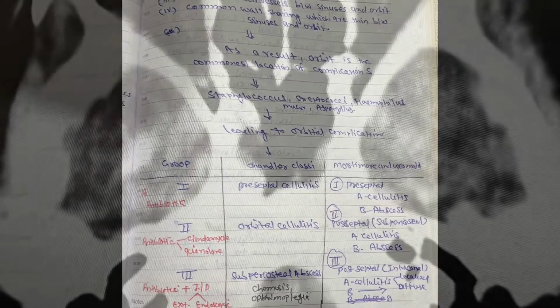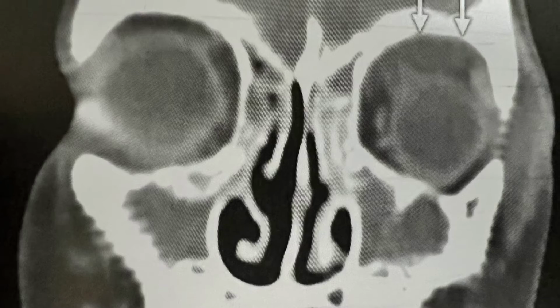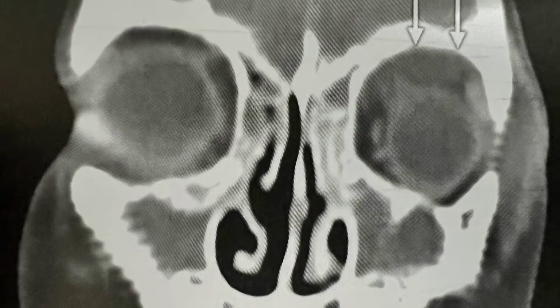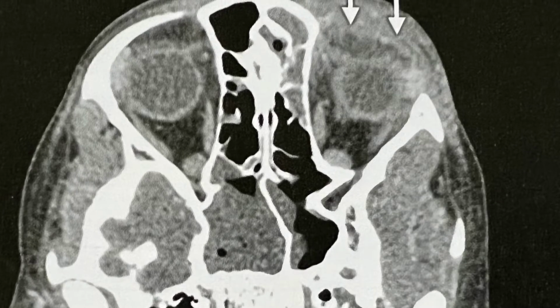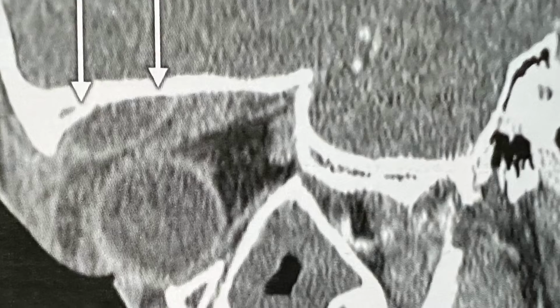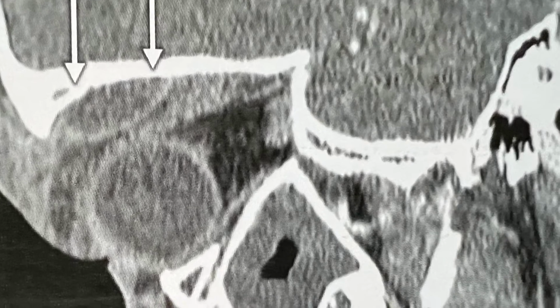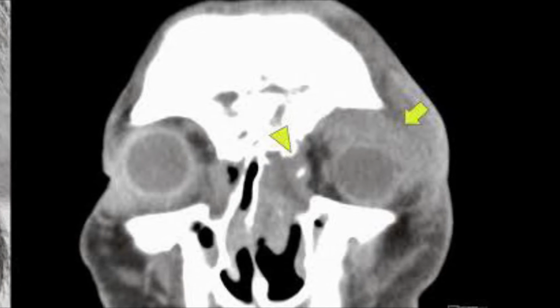First grade can be handled by antibiotic only. If you see this CT scan, only antibiotic is sufficient. Second stage, orbital cellulitis, also antibiotics are sufficient. In stage 3, subperiosteal orbital abscess is handled with endoscopic sinus surgery or external surgery. Like in this picture, if you see a subperiosteal abscess is there, it can be handled by endoscopic drainage or external Lynch-Howarth drainage. So surgery is mostly required in Chandler grade 3, 4th and 5th.